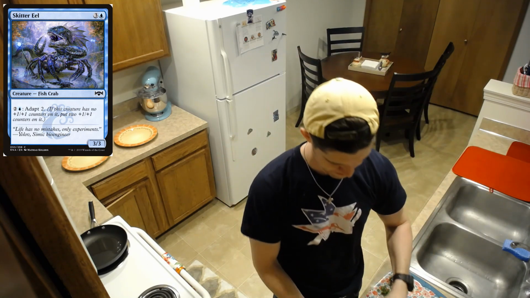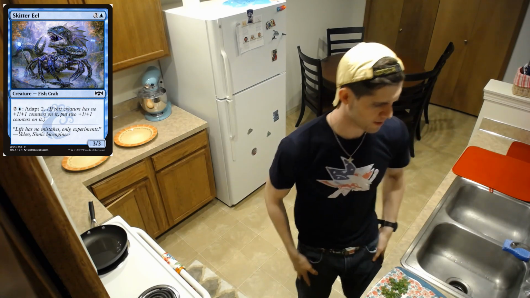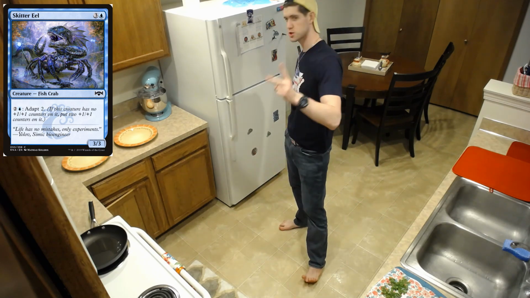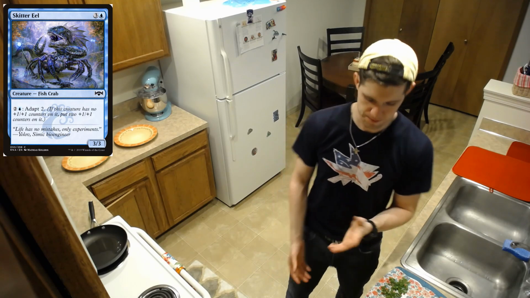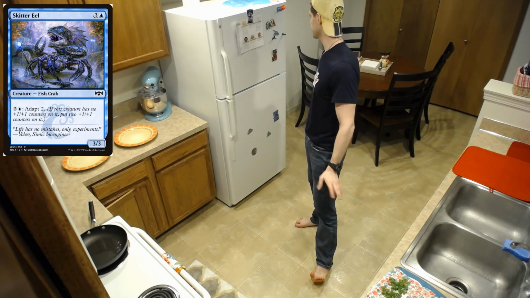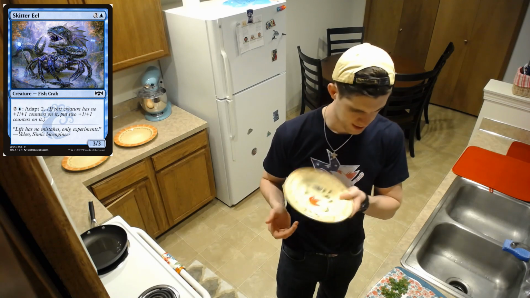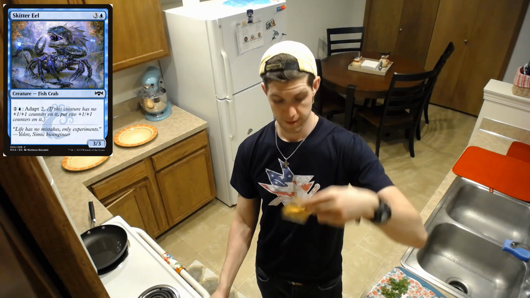Yummy, yummy. And then Skitter Eel. So, like I said, 3 and a blue for a 3/3 with adapt 2, for a 2 and a blue. And we're going to take this guy. We've toweled them off already, so now we're going to make the stuff it's going to go in. So in this little dishy here, we're going to combine our fry seasoning